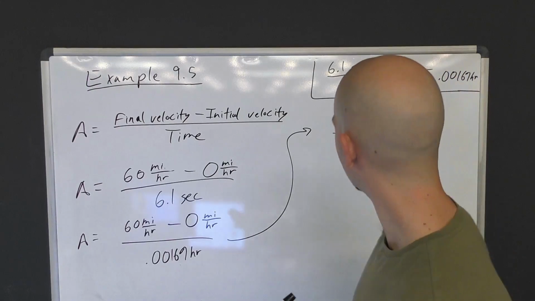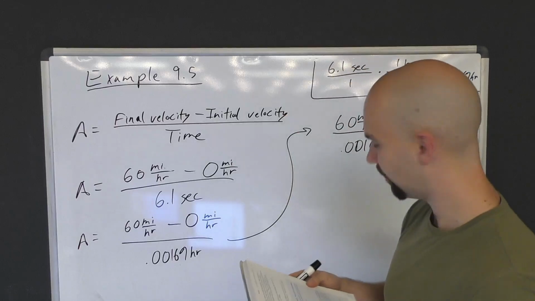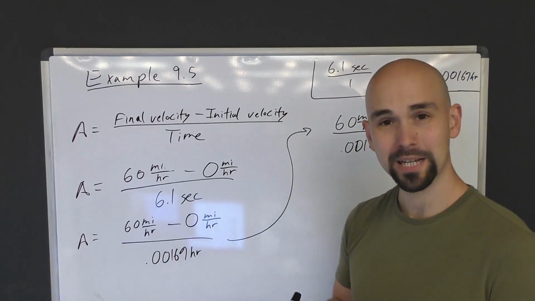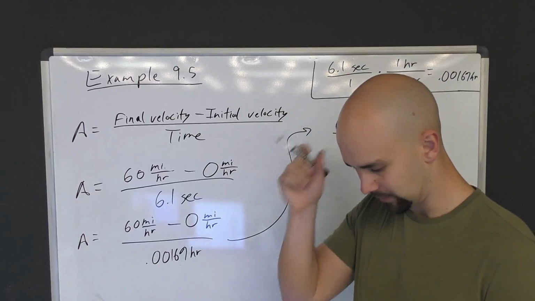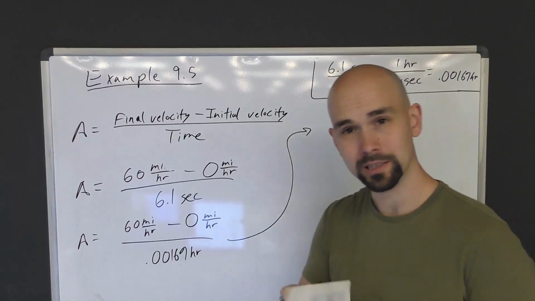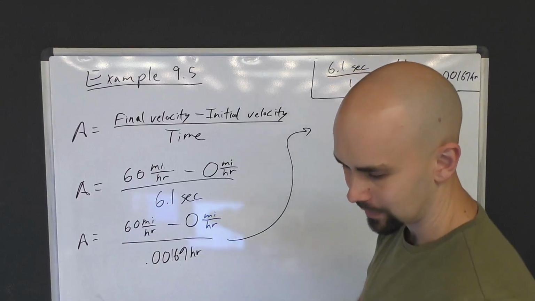All right, 60 divided by 0.00169. When you divide by a decimal, the number actually gets bigger. So that's going to give you a really large number. You're actually going to get